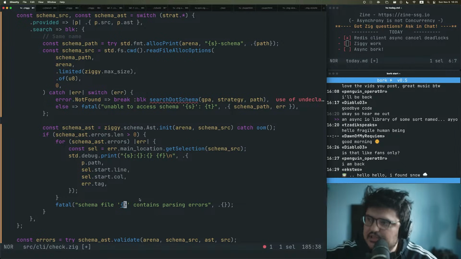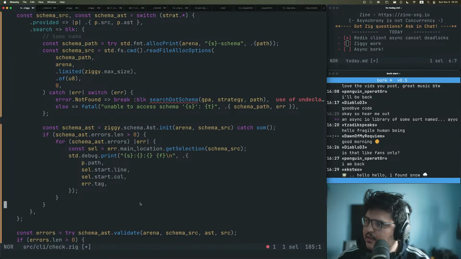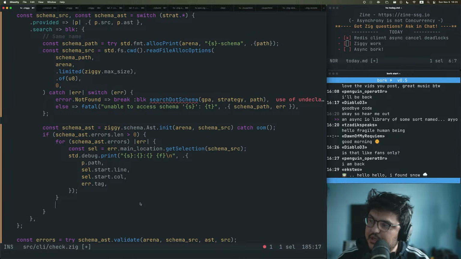Yeah, let's do it this way. So if this happens, we do print those errors. I think we should print a warning that the errors were found in a schema. But I mean, the file path already says that. So